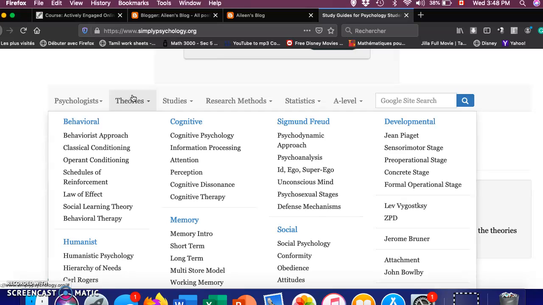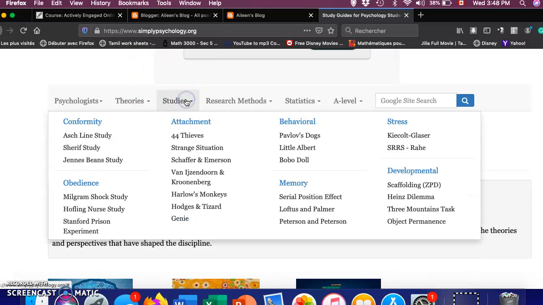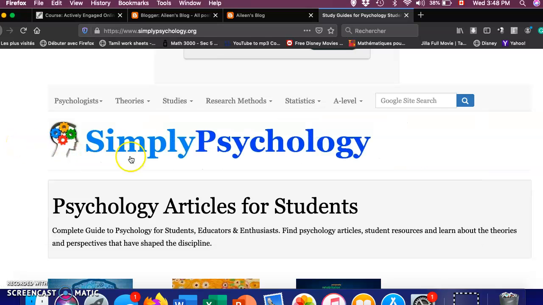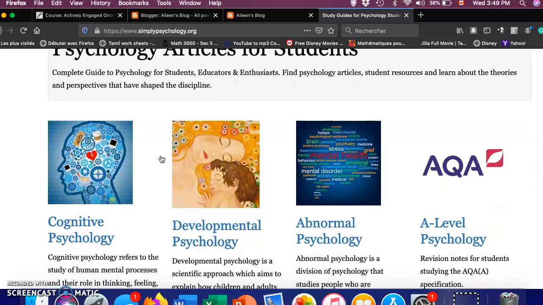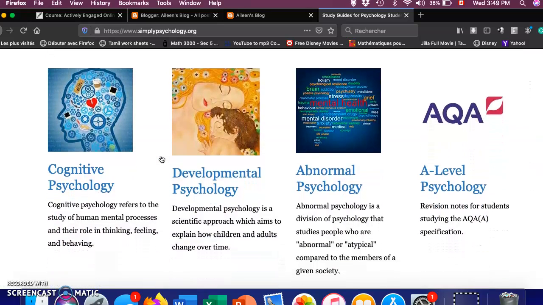Then we have the third button, which is study. This is divided by different topic in the field of psychology. The navigation bar will help you find an article more quickly and easily. Under the navigation bar, we have the logo. And if you scroll down, you will see that there's more articles, but this time these articles are about the